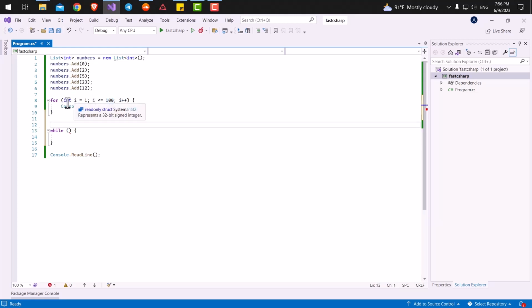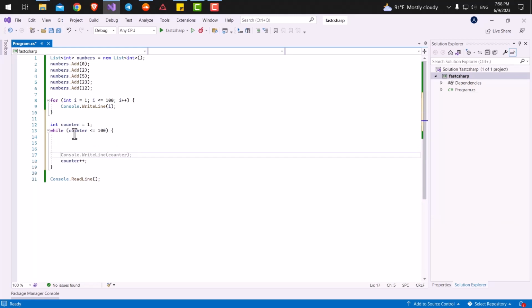So if you want to have a counter like our for loop, we need to create a variable for it. So let's say I want an integer of counter, and I want to set it to 1. Let's just create the exact same thing that we created for the for loop. And here I'm going to say until the counter is less than or equal to 100, run the while loop. And the third part, which is I plus plus, I'm going to put it inside the loop. And normally we set this as the last code inside our while loop. So what is going to happen is that we are going to run all of our code, add 1 to the counter, and run the while loop